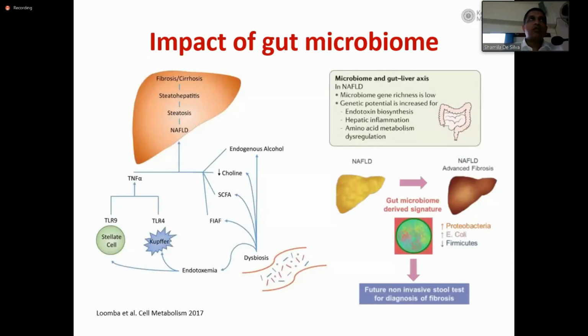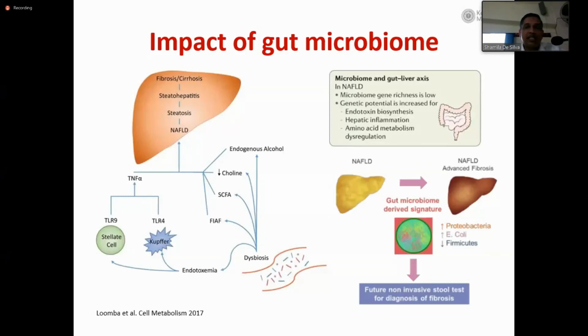The most recent area of interest with regards to the pathogenesis is the gut microbiome. When there is dysbiosis, what we mean by dysbiosis is that the normal variability of the gut microbiome is lost. In a normal person, there is a lot of variation, a lot of organisms, a lot of types of bacteria there. In dysbiosis, this variability is narrowed, less variable, and the helpful bacteria are reduced, like the firmicutes. The harmful bacteria, like the proteobacteria and the E.